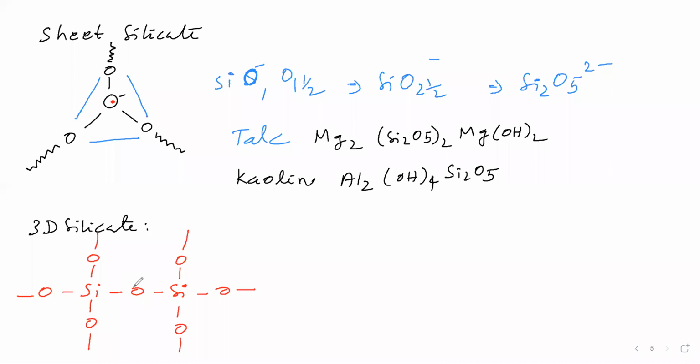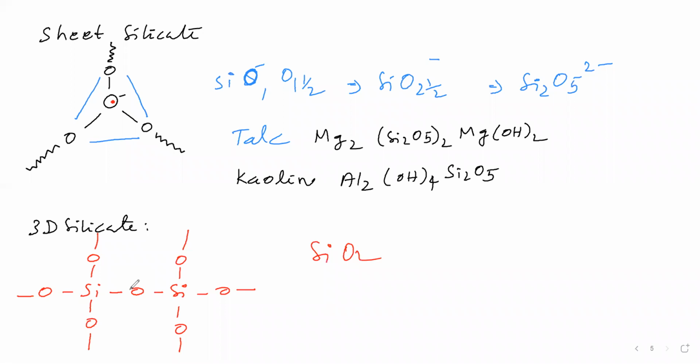For this 3-dimensional polymer, what is the general formula that we'll see. Now we will take this SiO4 unit. In this we will take silicon 1. All the 4 oxygens are shared with the neighboring SiO4 units. Therefore, all the oxygens give off a share to this SiO4 unit. Therefore, oxygen is 2. This is what is called sand, SiO2. Like this, 3-dimensional silicate is present in sand, one example.